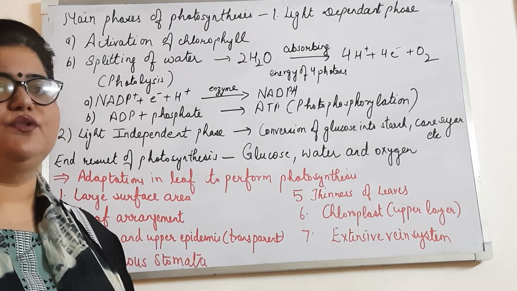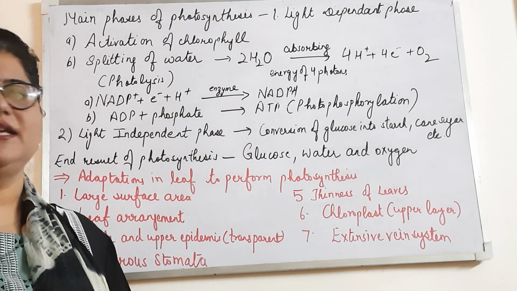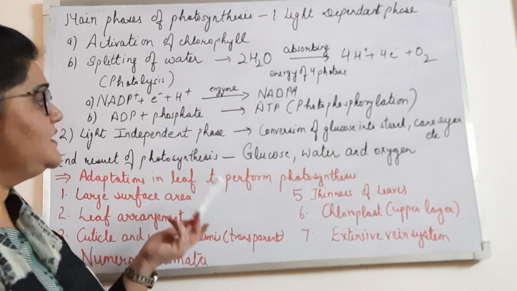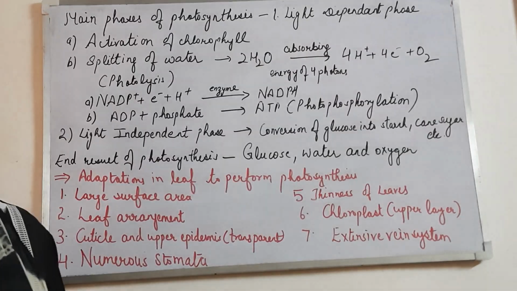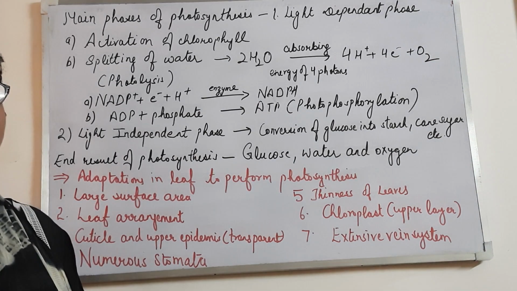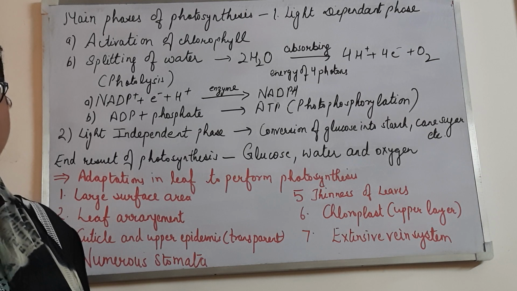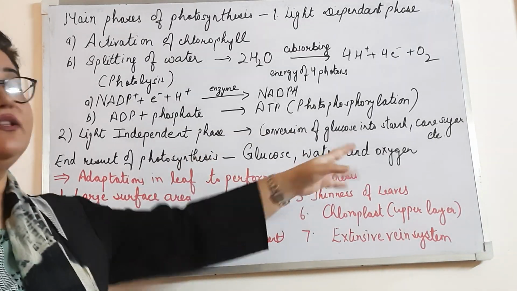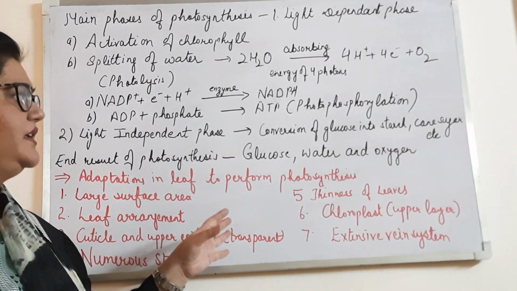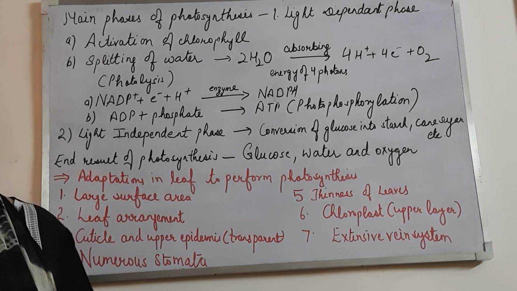Now, what happens to this oxygen? We know that the oxygen which is produced is in molecular form, and this oxygen is not at all a waste product, because it is required by all living beings. Photosynthesis is the only process which helps in forming oxygen. We all require oxygen, because we cannot survive without it. Even plants use oxygen for respiration. A little amount of oxygen is used by the plant, and the rest is diffused out of the plant into the atmosphere for all living things, for their respiration.